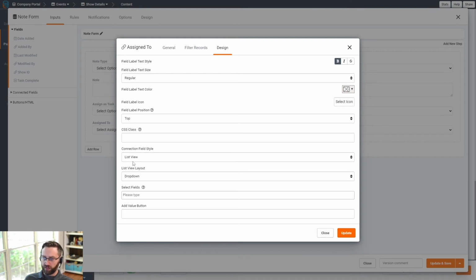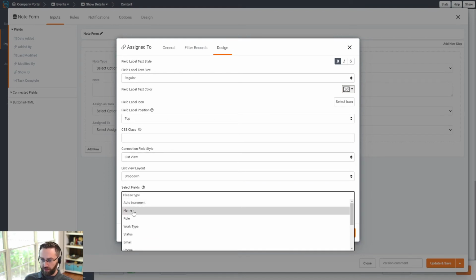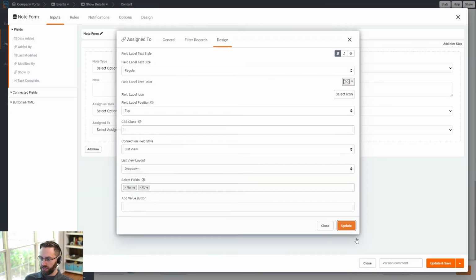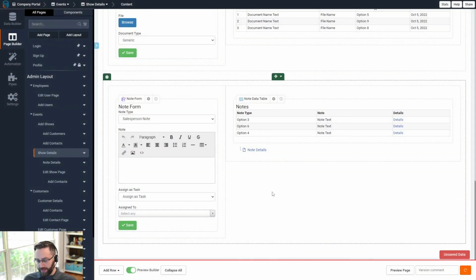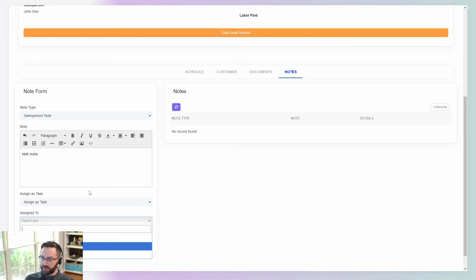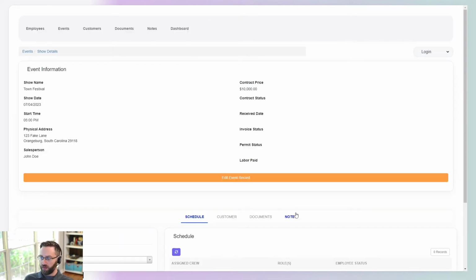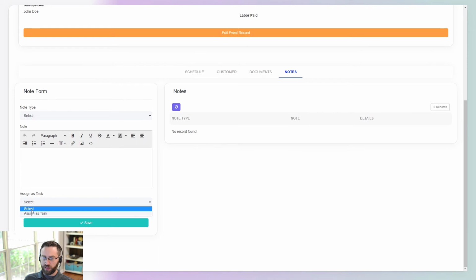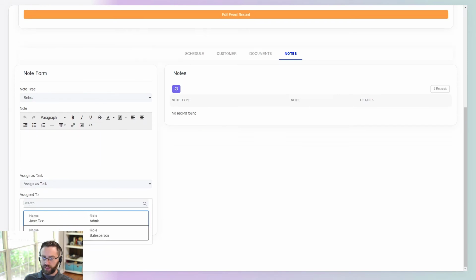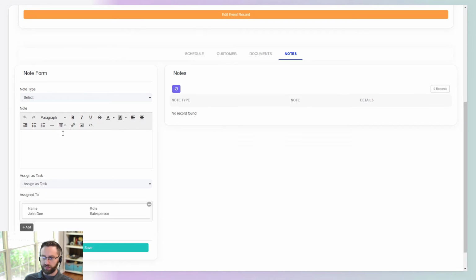This connection field style, we'll do list view, and we can do the name and the role, so we can display those two fields there. Okay, so that's going to look different now when we go back to this particular page in this form. So we have notes, assign as task, and then we can see, okay, so John Doe is a salesperson. That's what we want to assign it to, and test